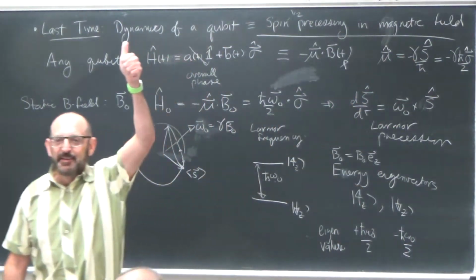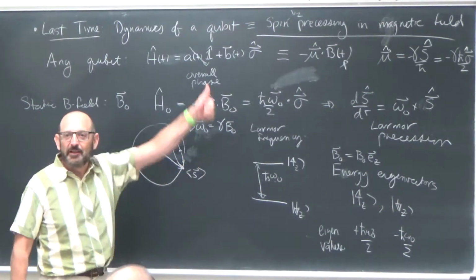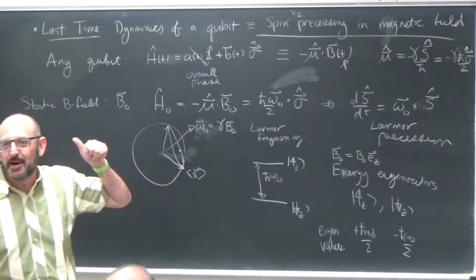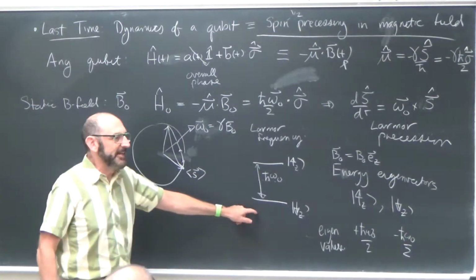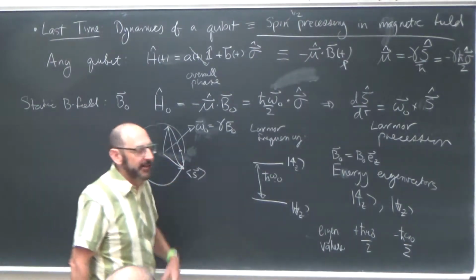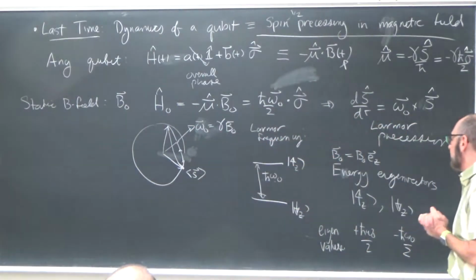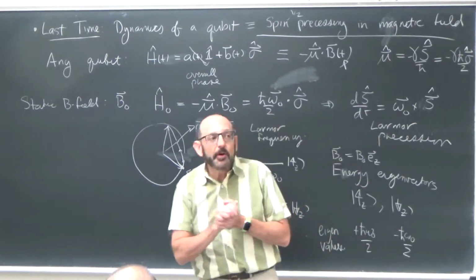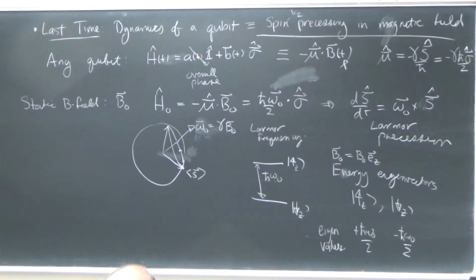spin up is the higher energy state. The spin along the magnetic field is the higher energy state, because I've snuck in that minus sign. Okay. And spin down is the lower energy state, separated by h bar omega naught, proportional to the strength of the field. Okay? So we were looking then at this incredibly important problem, the problem of spin magnetic resonance,